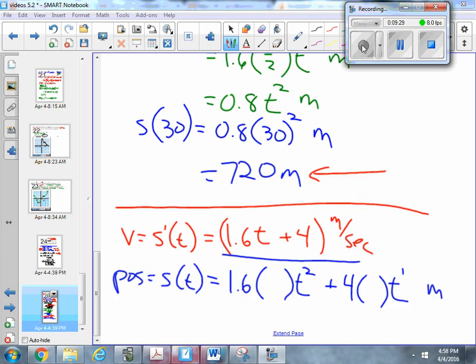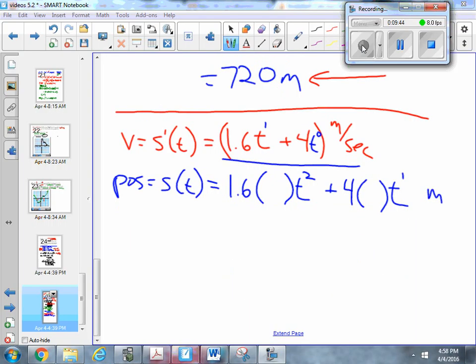I have my 1.6 placeholder, t squared, because I'm adding the 1 here, so that gets me t squared. This is the same as t to the 0, so I'm adding the 1 there and put the placeholder there. So my antiderivative to find the position function when I've thrown it down at an initial velocity of 4 meters per second is going to be